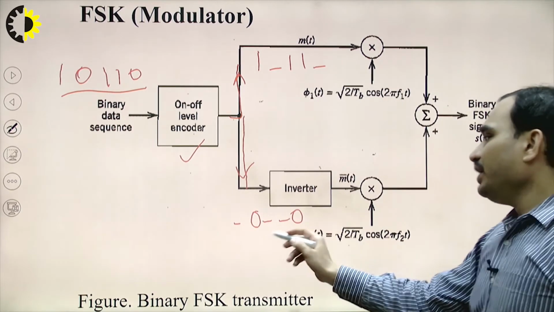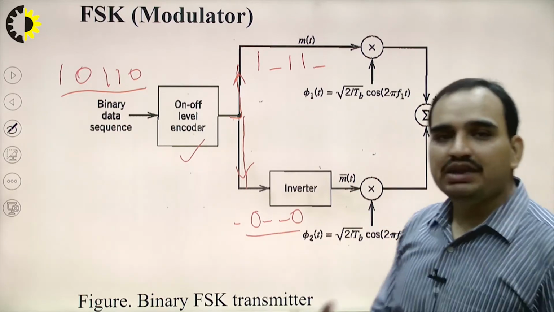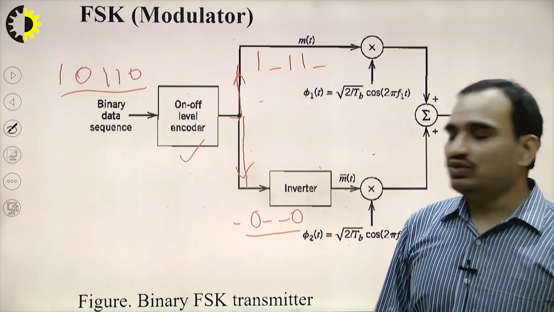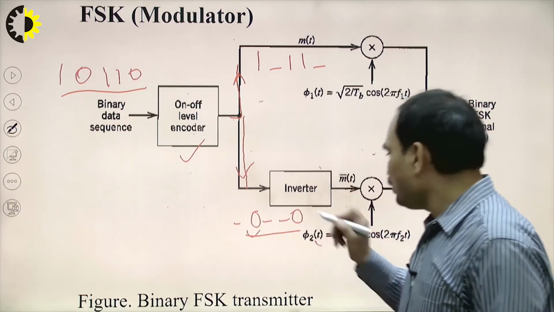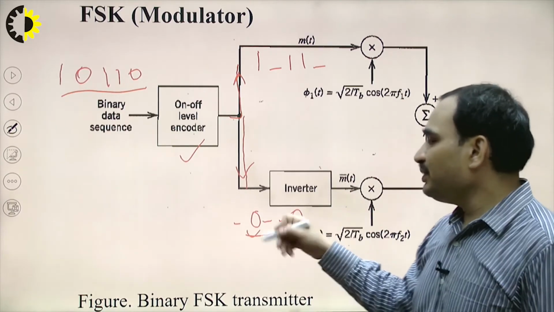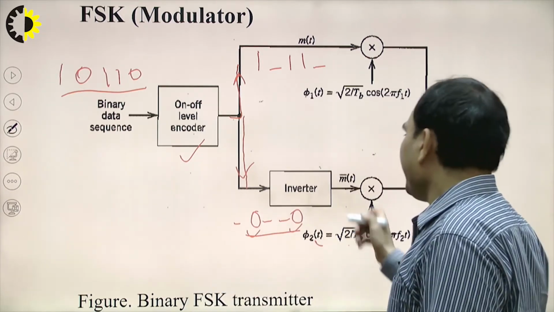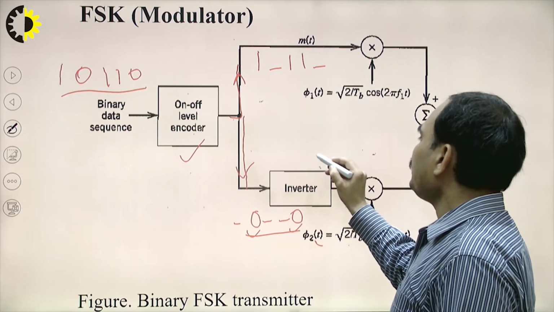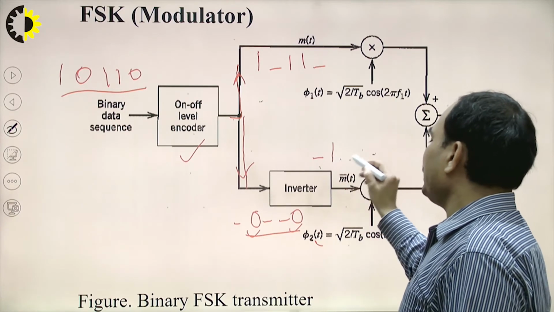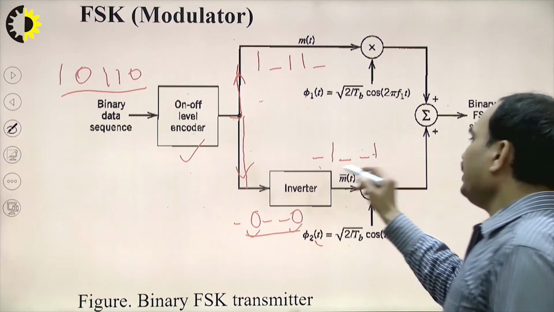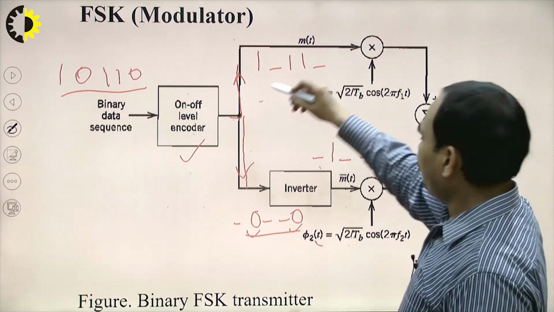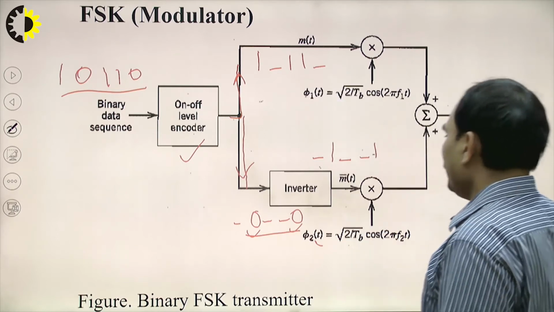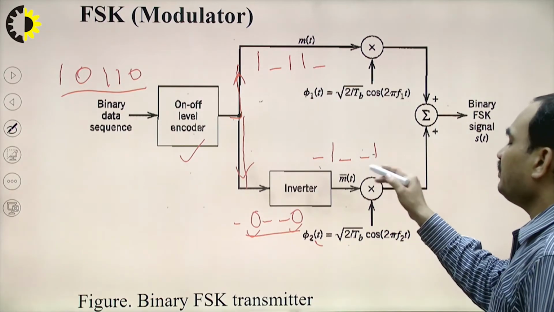Now this stream of zeros, because if you multiply any basis function or the carrier with 0, it will be 0. So first we have to convert these zeros with the help of the inverter. So these bits will be inverted. So we will be getting the output of the inverter as dash 1 dash dash 1. Now here we can see the output. Now here we have 1 dash 110. So here these are the blank.